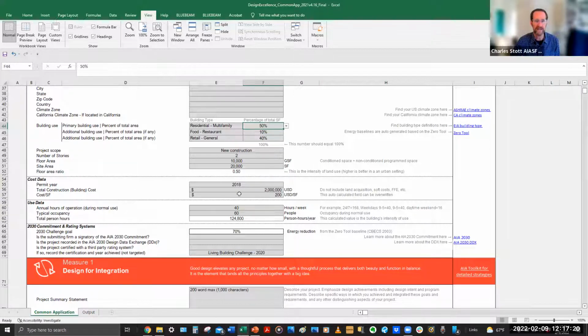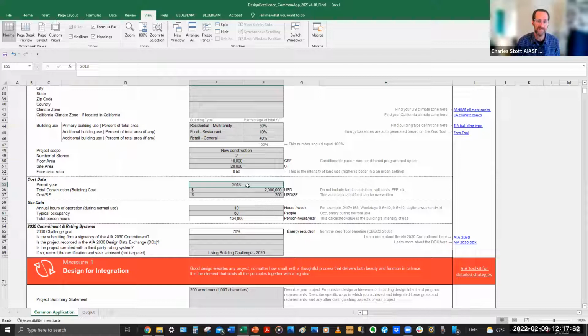Floor area and cost data. I think the most important part of the cost data is actually your permit year. This one is super critical for a number of reasons because it triggers what code you fall under. If you change this, it changes all the way through the calculations. For example, it changes the baseline for the energy calculations.